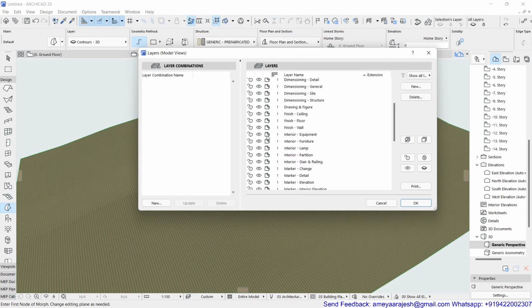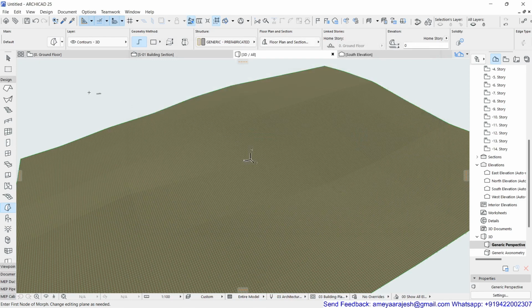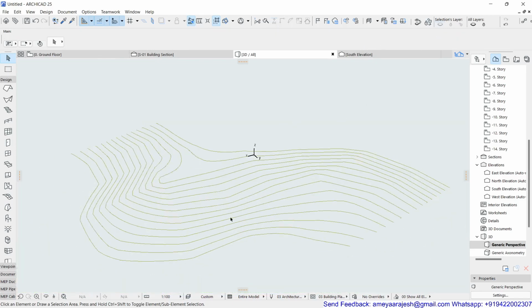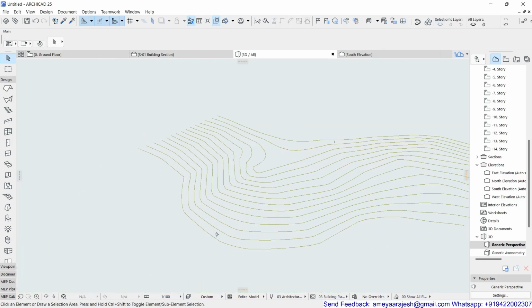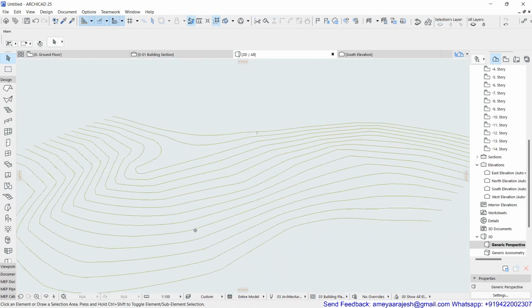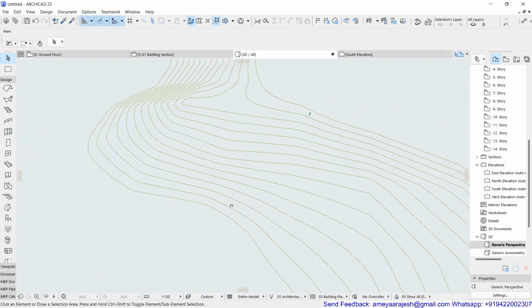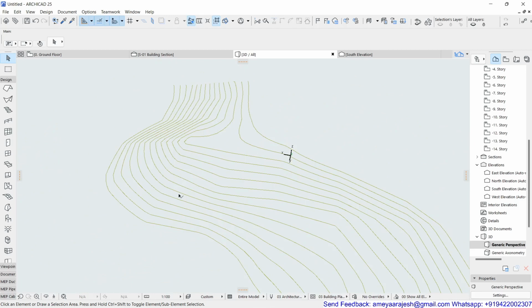Okay, so this morph layer I'm going to turn off, and you will see how these contours which you have developed, how you can get them. Got this? So this is a very interesting thing. Obviously we have to develop the mesh of the similar gradient so that it will look and can be used in a better manner.